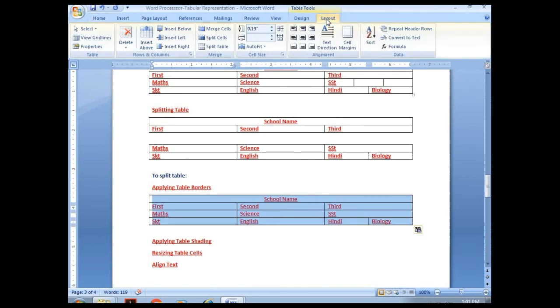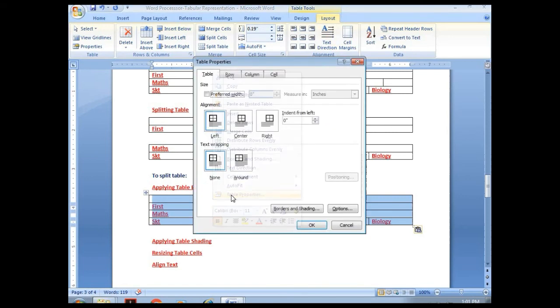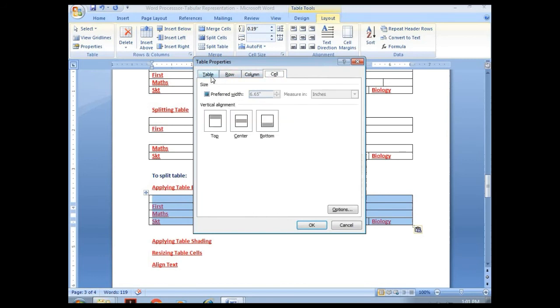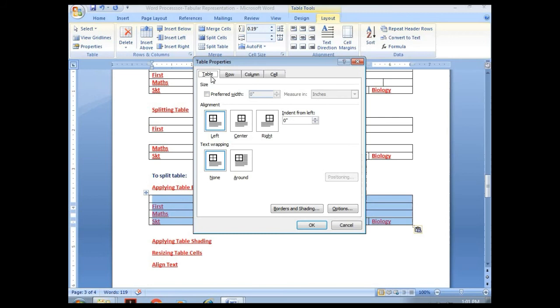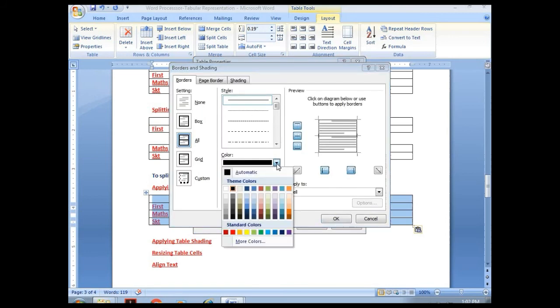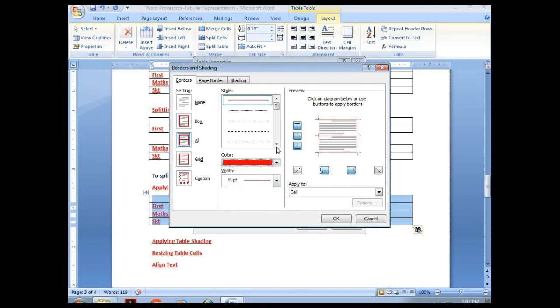Go to Layout. You can go to Table Properties, and there you can specify the table border and shading, whichever color or whichever width of the border you want.